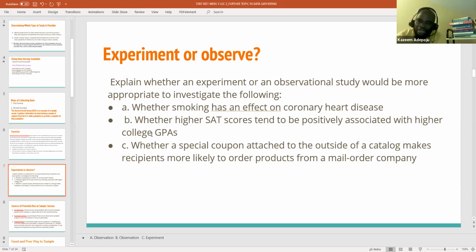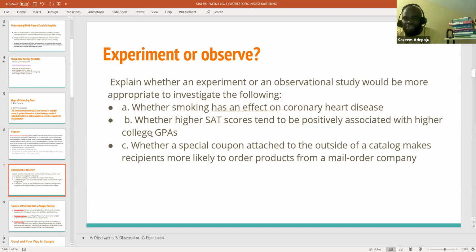You cannot experiment in this situation, because will you now tell some student, oh, you student, go and write SAT just because I want to do research? You need to go and write, and I need to monitor you. You write SAT, and I'm going to look at your score, and after writing SAT, then you need to go to the college, and you can't do that,